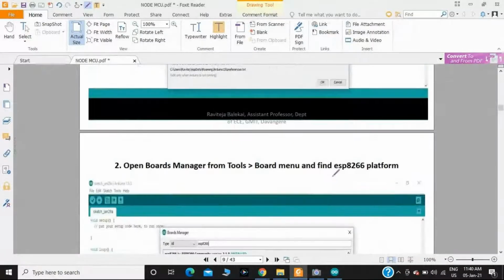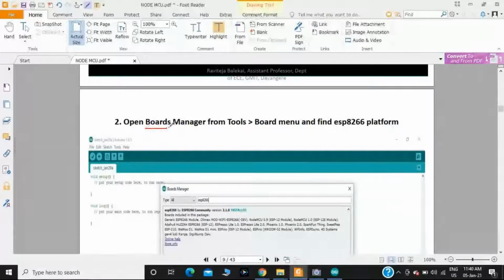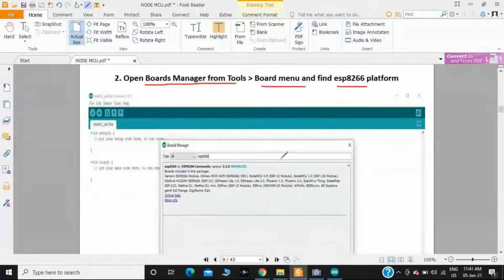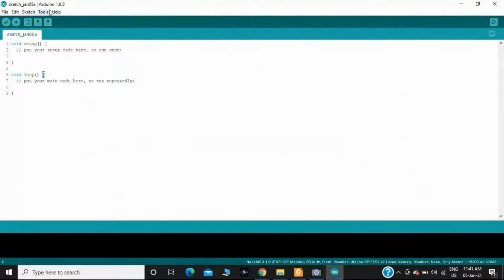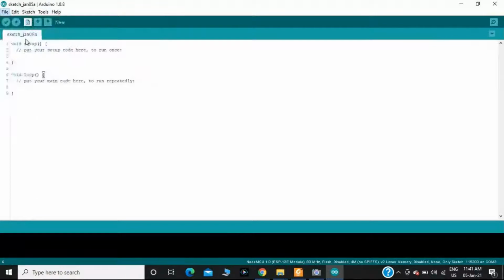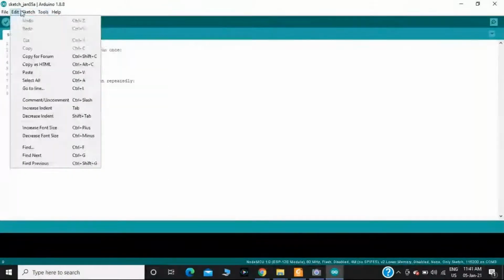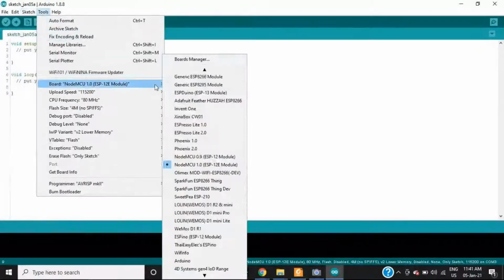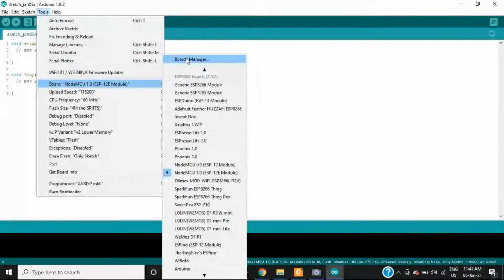Then open Board Manager from the Tools, Board menu, and find the ESP8266 platform. I will go to the Tools menu, then afterwards to the Board Manager. I'm clicking on the Board Manager.